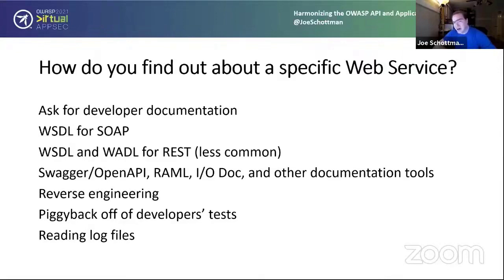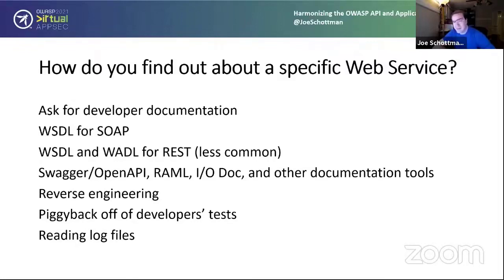You can do reverse engineering. So if you're doing something like testing an API that powers a mobile application, you can do reverse engineering on the mobile application, pull it apart and find out what calls it's making. One thing that I think is really powerful is piggybacking off the developer's tests. So assuming that they have written good quality API, UAT, SIT type testing for the APIs, if you run it through something like an interception proxy such as Zap, you'll get a really good readout about all of the functionality. Obviously, that's only as good as the test they've provided and created,